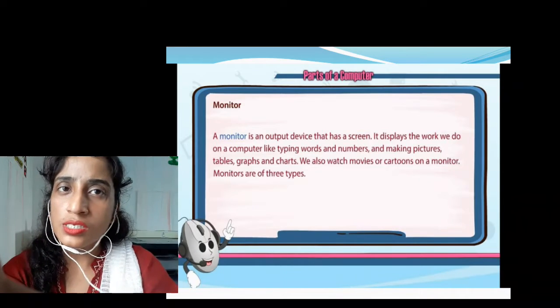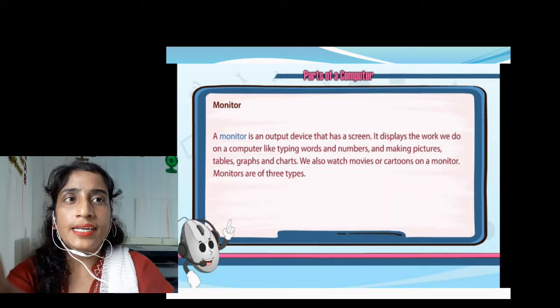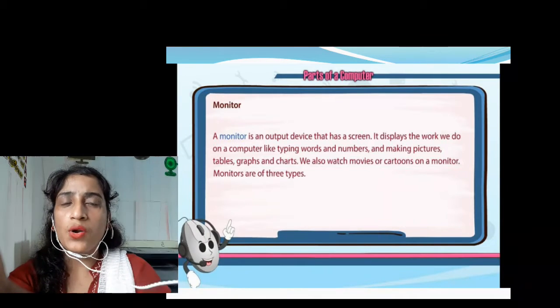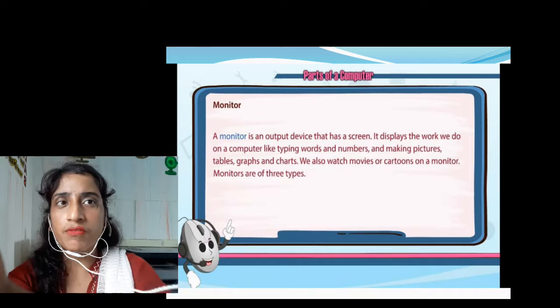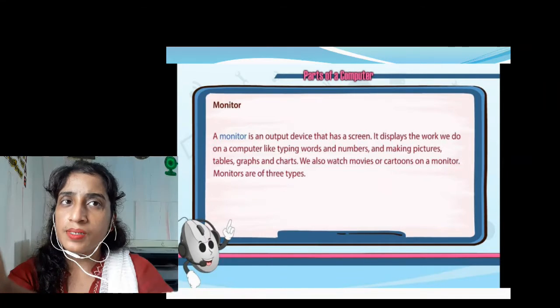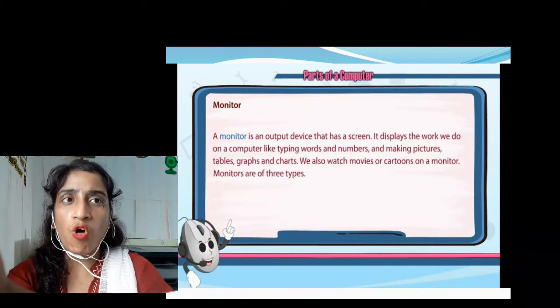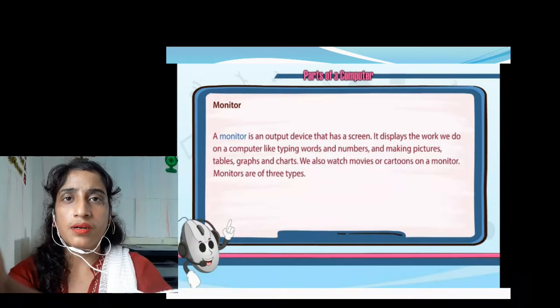Keyboard and mouse are input devices, but the monitor is an output device. It displays the work we do on a computer, like typing words and numbers and making pictures, tables, graphs and charts. We also watch movies or cartoons on a monitor.